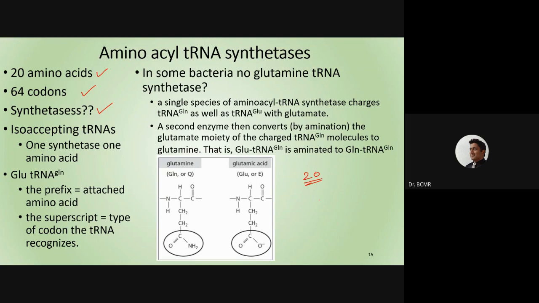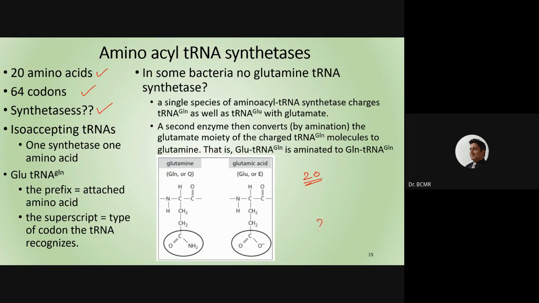We spoke of arginine. Arginine has six different codons, and the synthetase that is charging these tRNAs can be one. Okay, it's not that it has to be one, but typically it can be one,